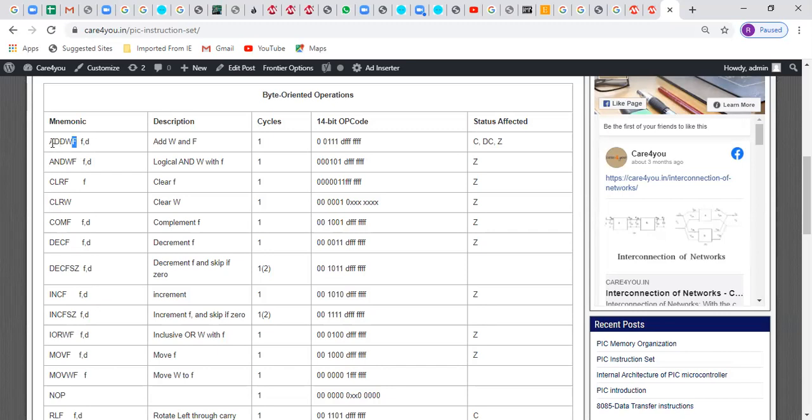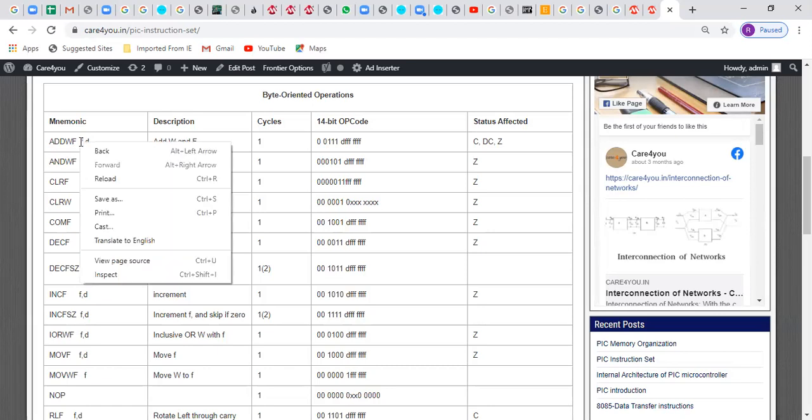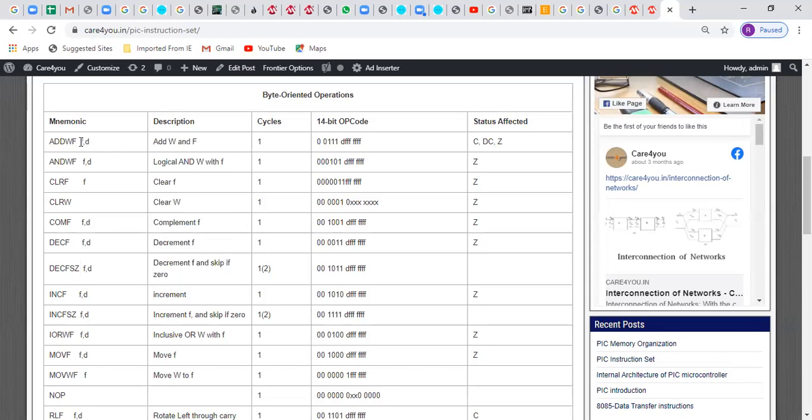So this instruction, when you write add WF, is a mnemonic followed by F. F means register file. कौन से रजिस्टर के साथ, that you have to give the name here. किस रजिस्टर के साथ ऐड करना है, you have to name that register here.